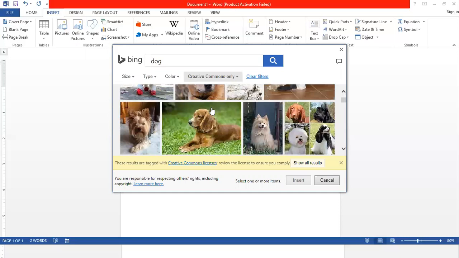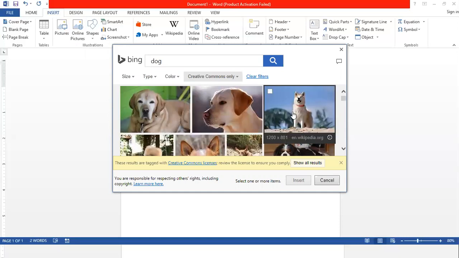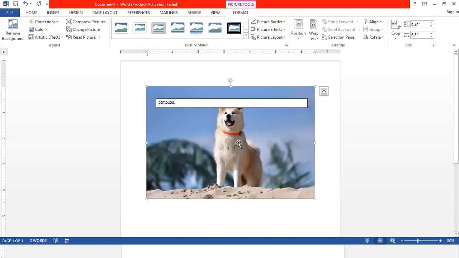So now you need to select the picture which you want to insert. So I'm going to select this one, the third picture, and then click on the insert option, and you can see the picture has been inserted in the document. Now you can resize this picture, you can move this picture. All those steps are the same as you have done in the pictures option.